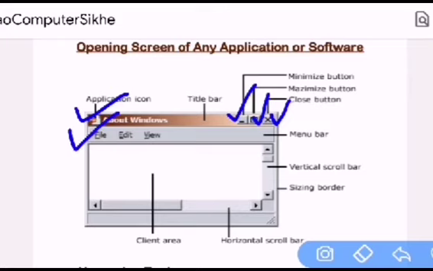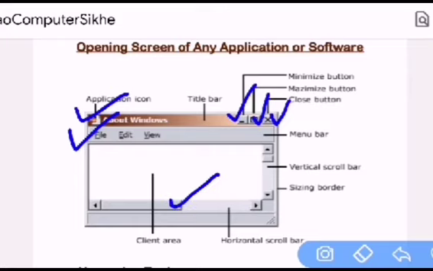Second is menu bar. This strip appears below the title bar. It provides access to all functions of that application. Now, scroll bars. It is used to view full information on the page.